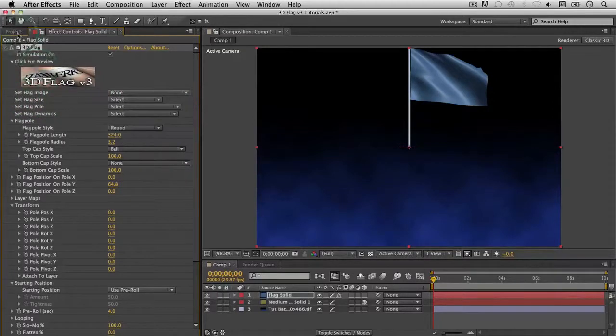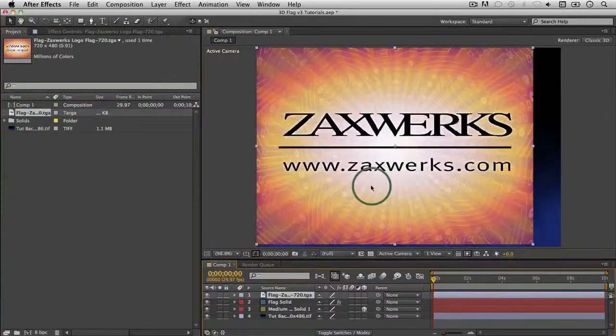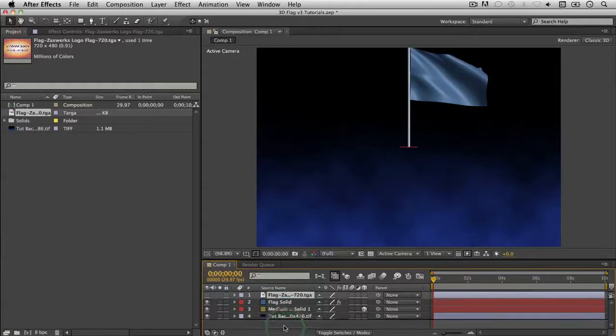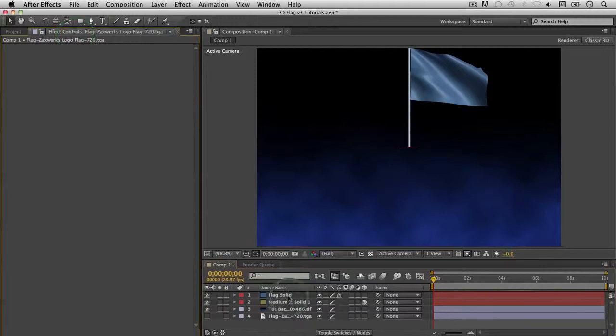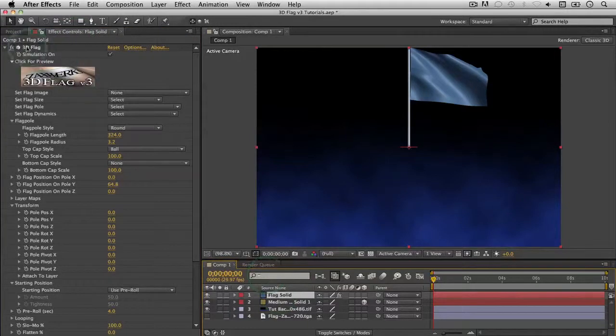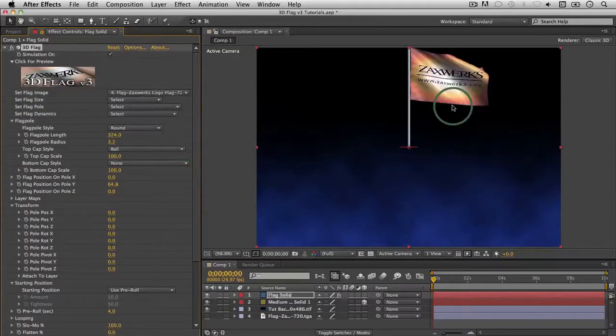Well, we don't have any pictures loaded right now, so we'll come over here and drop one into our scene, and then we can just turn off the visibility. The position on the page doesn't matter. And we'll also move it to the bottom so we don't have to think about it anymore. And then when we come back here to the solid, I'm going to lock this so it comes back. We'll now have that menu item available under Set Flag Image,